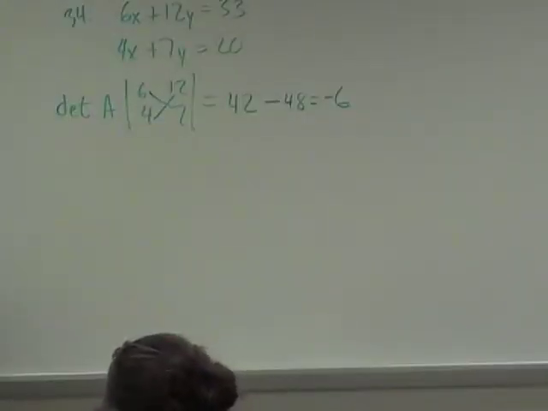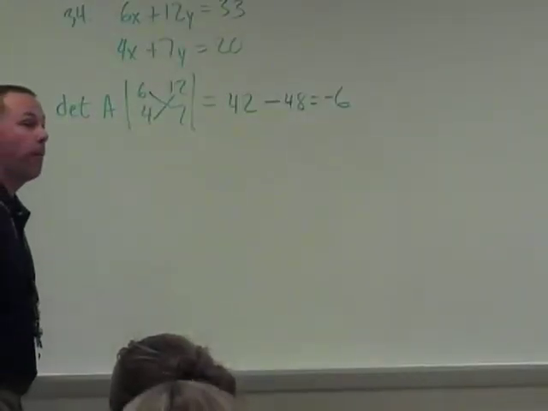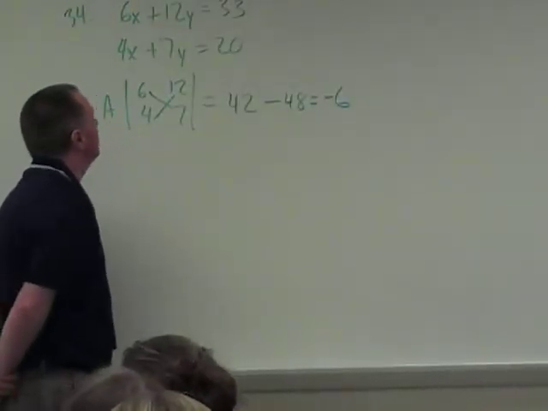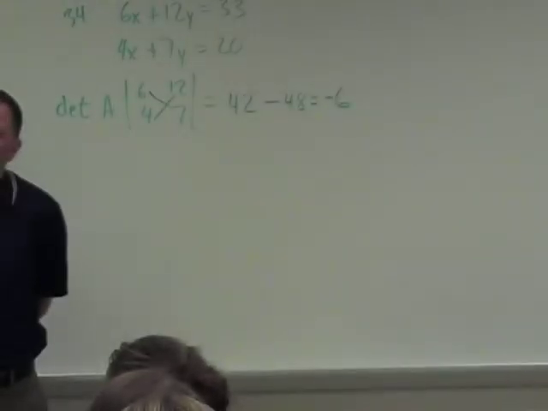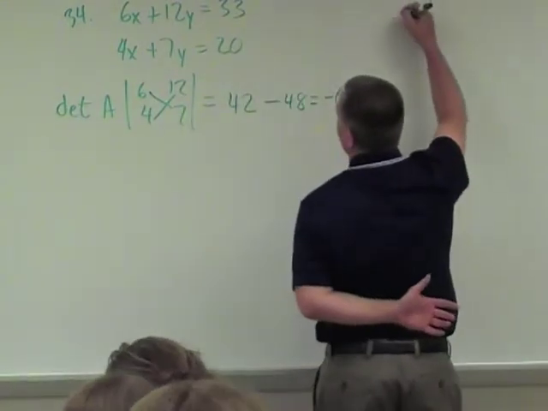So my determinant for this is -6. Okay? Now how do we get x and y? We know how to find the determinant. What good is it? So to find the determinant of a 2x2,